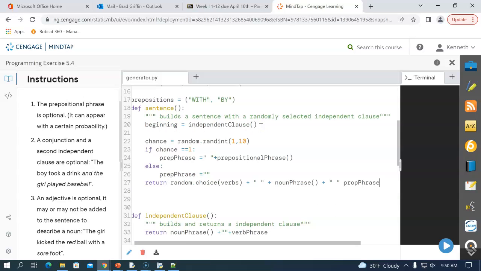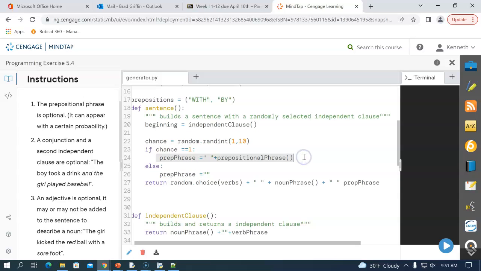So what I'm using this for is I have this section here that allows me to create a random opportunity. And so that random opportunity, so if this chance is 1, so we have a 10% chance right now, then